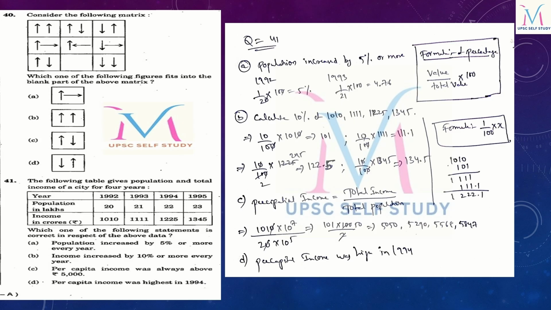So here we want to calculate the 10% from particular given amounts, 10% of income. We have to first find out the 10% of income from 1010, 1111, 1225 and 1345. So the formula for